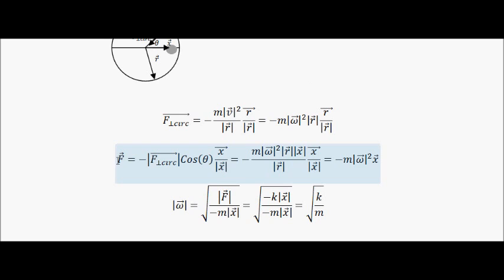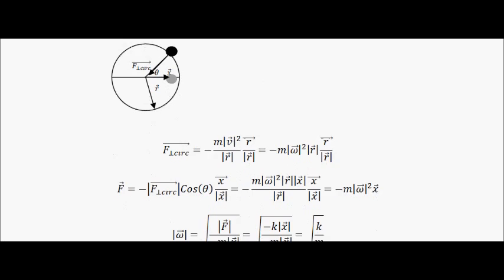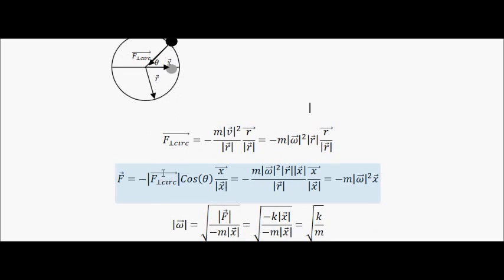So this f here is basically the same f that I've got up here. So don't confuse these two f's because they're different. This is the centripetal force, and this one here is the restoring force of the spring. So they act in different directions. So that's why I put this in modulus again, because the direction is obviously not going to be in the direction of the centripetal force, because this only acts in one dimension, whereas this acts in two. But anyway, apart from that, I've got the magnitude of this force in the x direction, which I've just multiplied by cos theta to get it in the x direction. That's just a simple projection,